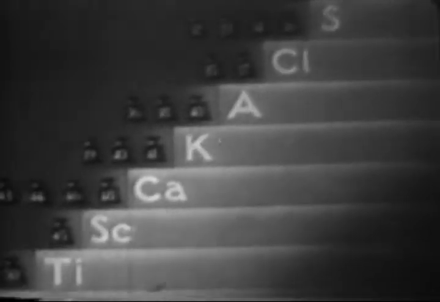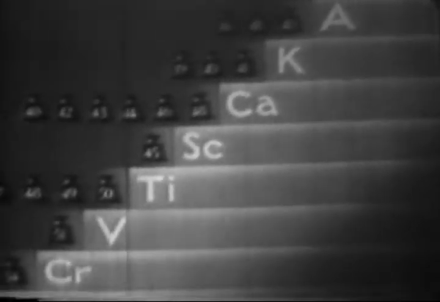Aston showed that chlorine, for instance, with its atomic weight of 35.5, is in reality a mixture in a definite proportion of two forms of the same element, one with an atomic weight of 35 and one with an atomic weight of 37. Such different forms of the same element were called isotopes, and subsequent research has shown that the number of elements of which isotopes exist is very large indeed.